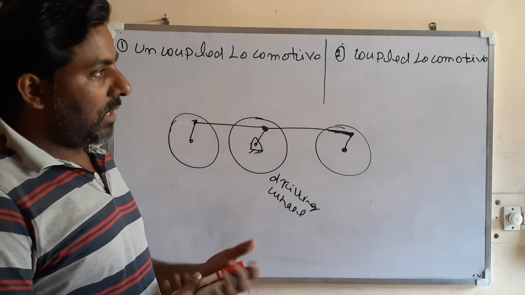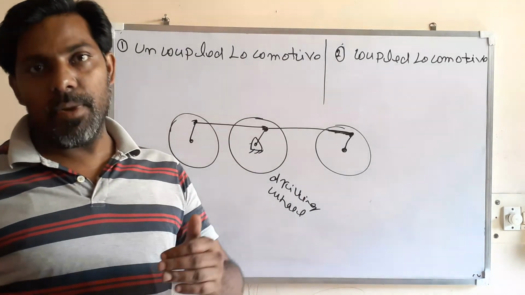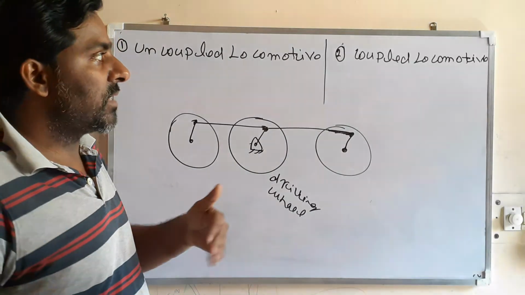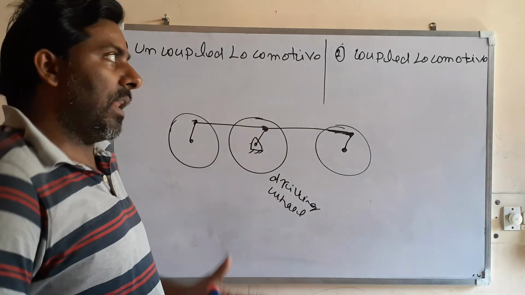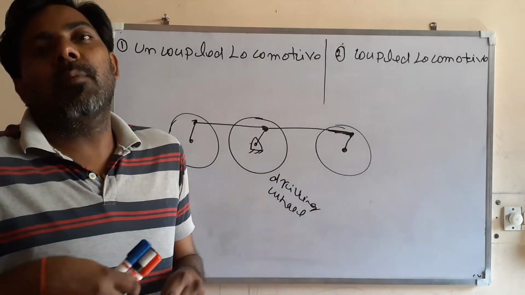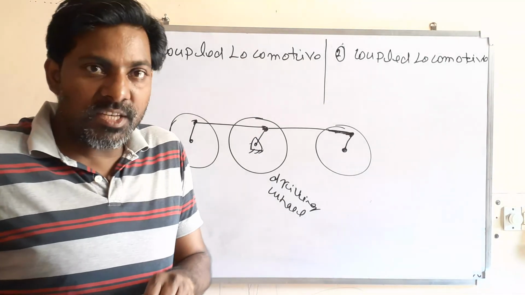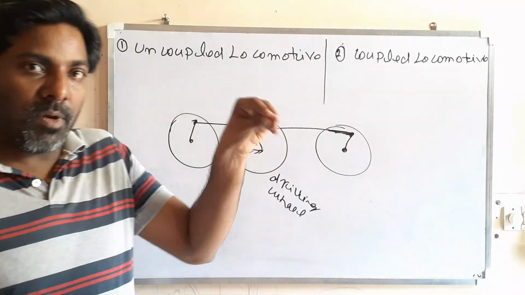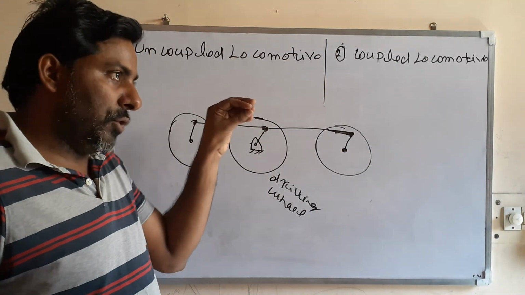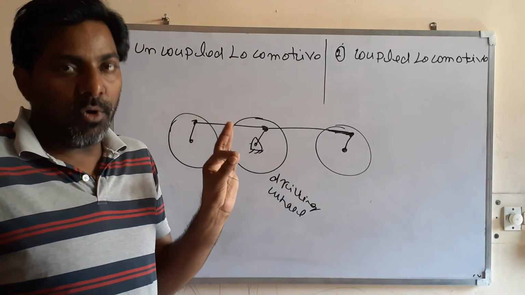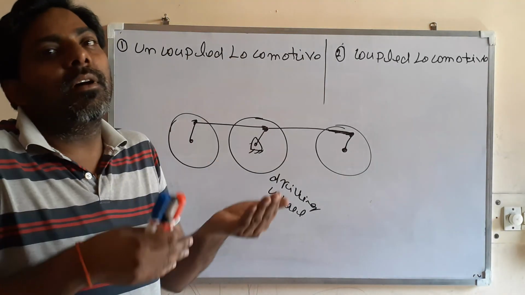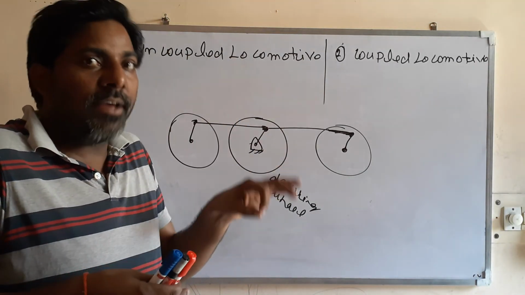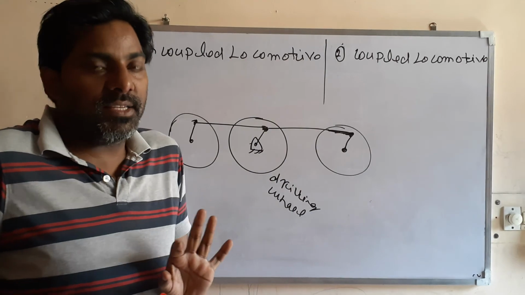Thanks for this, and now I will teach you the balancing. What is the effect of partial balancing? When we are doing the partial balancing of a locomotive, why not do it completely? You have seen for a reciprocating IC engine, so a similar problem is here. We cannot do the complete balancing of a locomotive, so we will do the partial balancing. It can be done easily in a similar fashion as you have done for the reciprocating IC engine.